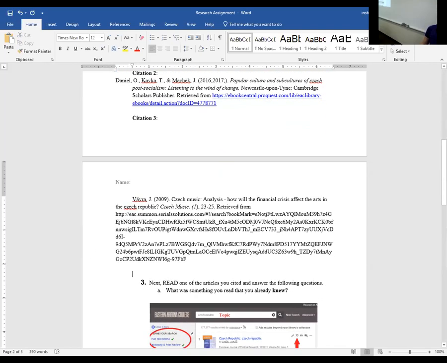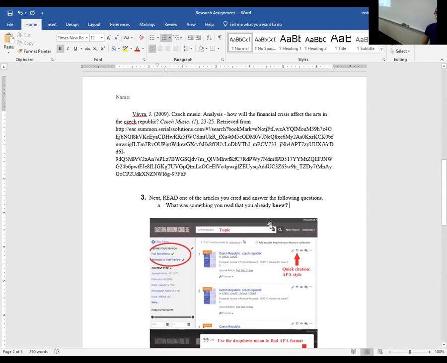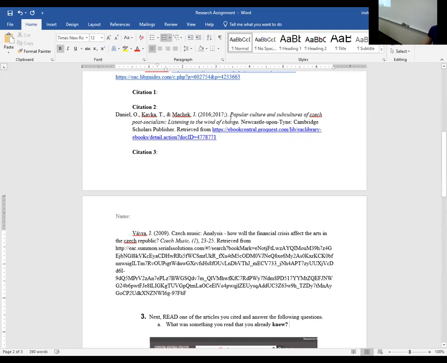So after you get your 3 sources for that, you're going to answer a couple questions. So what is something you already knew from the reading? So maybe I already knew about some of the subcultures in the Czech Republic. They actually have a pretty decently sized subculture of people who climb chimneys in the Czech Republic. The union is Svaz Českých kominárů, which is the Union of Czech Chimney Climbers. But that is definitely a subculture. So if they talk about that in that book, I would say I already knew about this particular subculture.